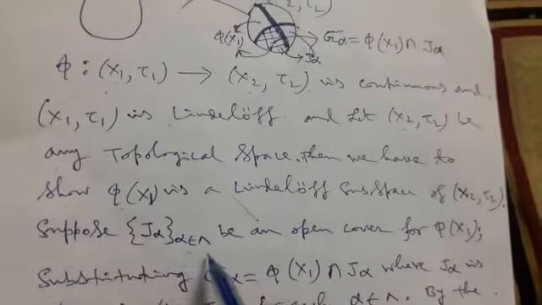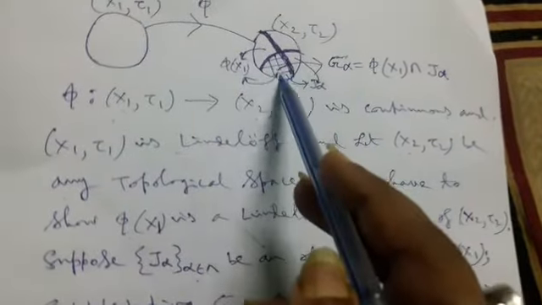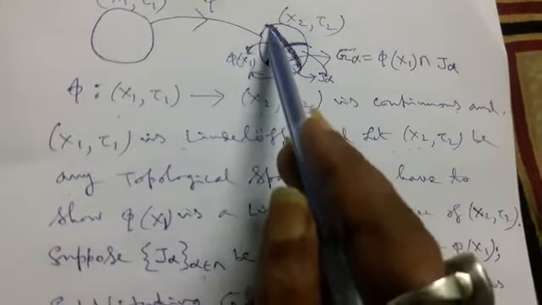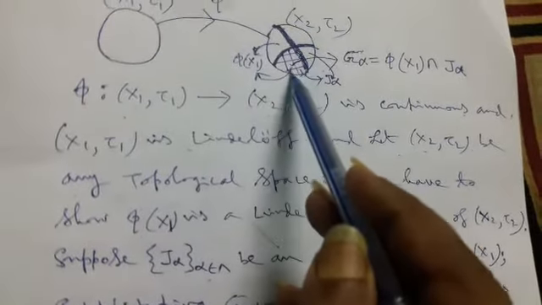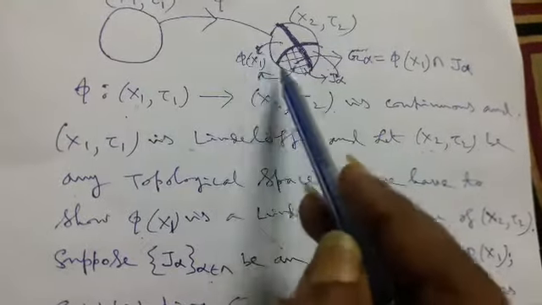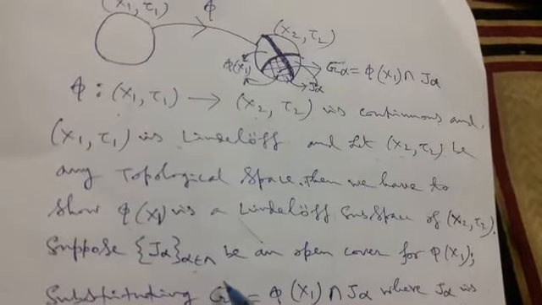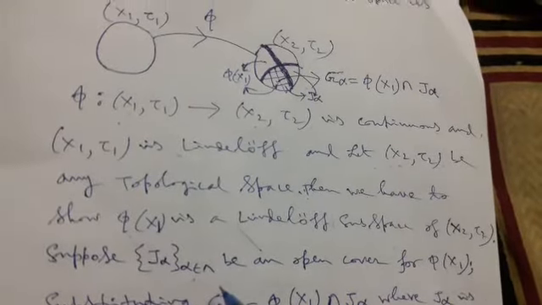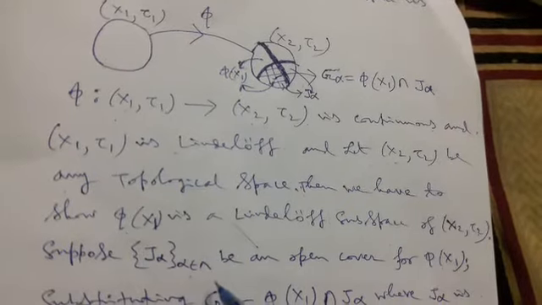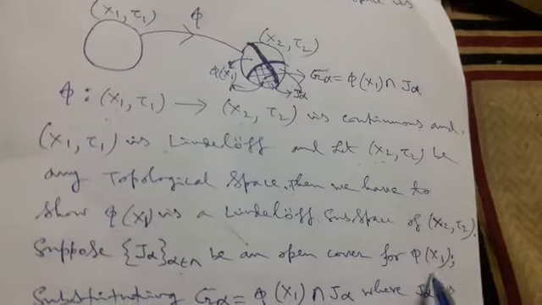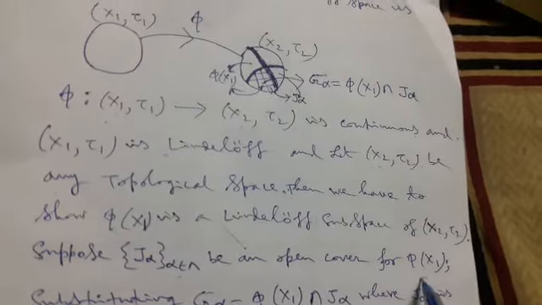x1 is the topological space, and phi of x1 we consider here, only this part. If we take phi of x1, just as mentioned in the schematic structure here, only this part of this region we take phi of x1, and here it is an open cover, and this open cover already we take here for phi of x1, and